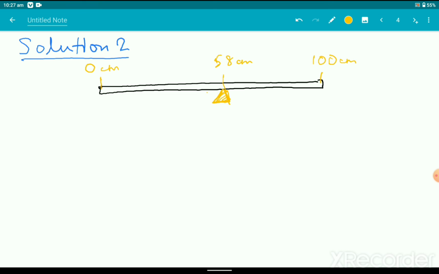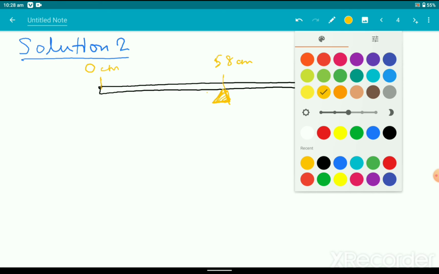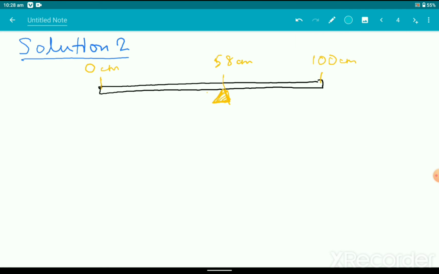Now see, you know that for any object the weight of that object always acts at its midpoint, especially in case of a straight bar or straight rod like this. Okay, so if I consider that the weight of the rule is say W gf, just note it down, weight of the rule is W gf. So let us consider,